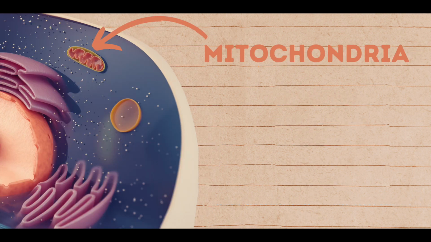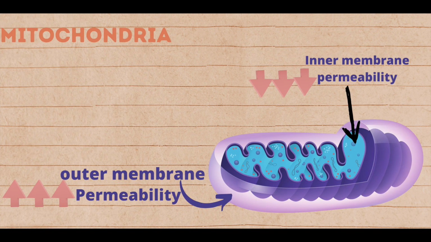Next, we have the mitochondria. The mitochondria has two important components to it, the outer membrane and the inner membrane. So our outer membrane has an increase in permeability. Permeability means the ability for things to come in and out of it or through it, right? So an increase in membrane permeability means that it's going to be easier for molecules to come in and out